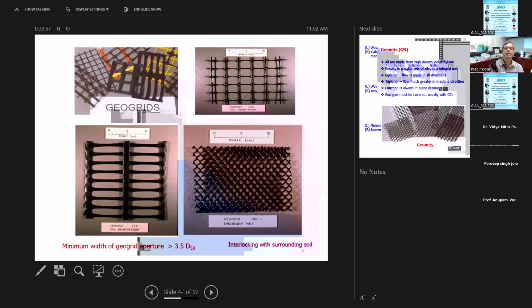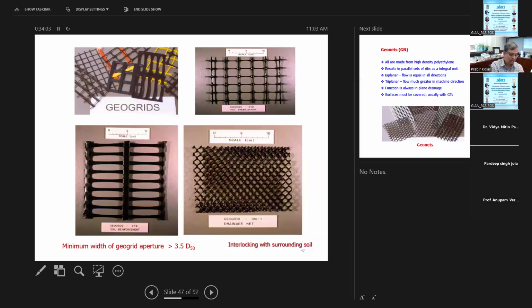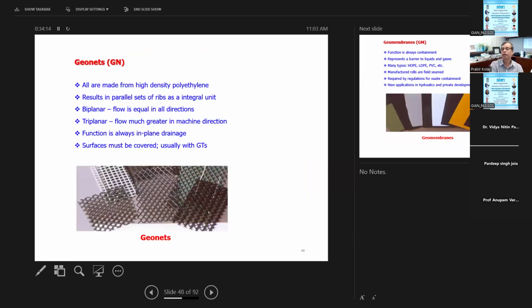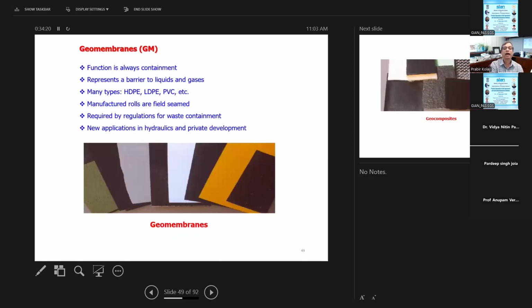So this is what the geogrid looks like. It can be uniaxial, it can be biaxial. Most of the cases it is a high density polyethylene type of material. So you see here, this is geogrid. Different companies have different geogrids, mostly used for reinforcement. So this is geonet, how it looks. This is geomembrane. So basically for containment, so water permeability is